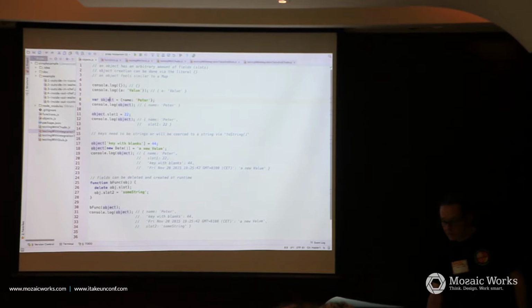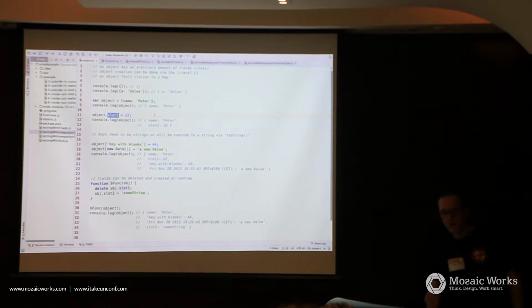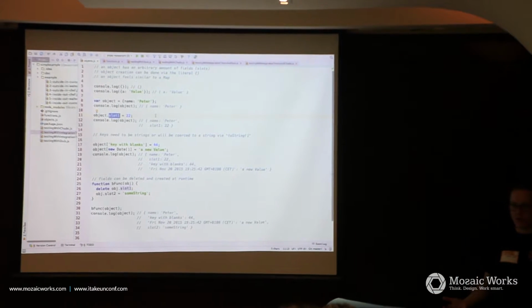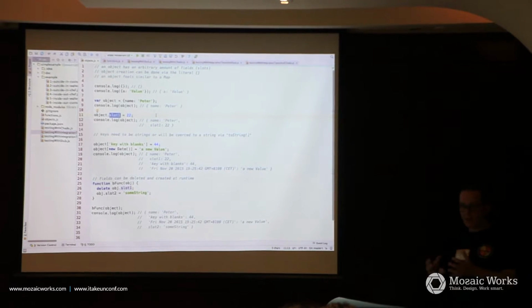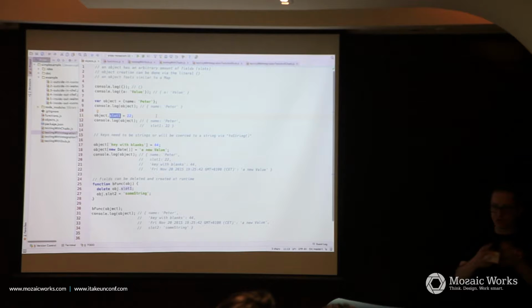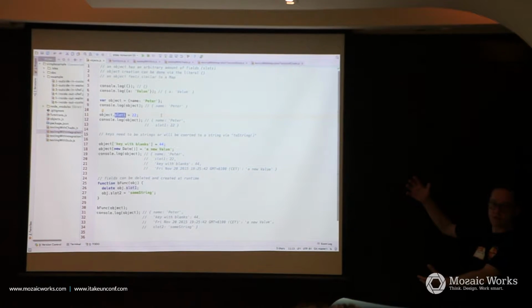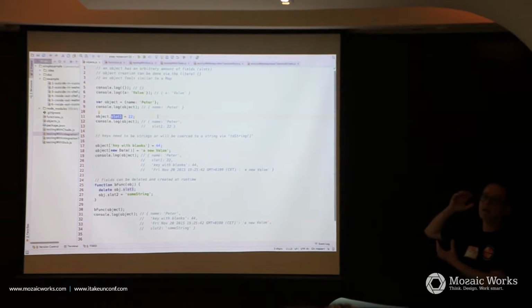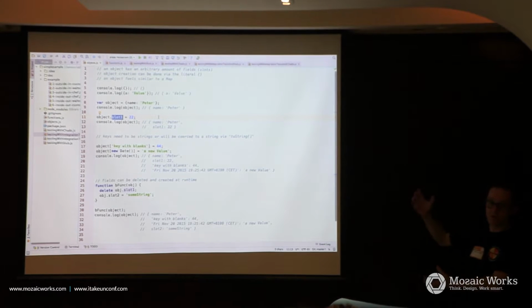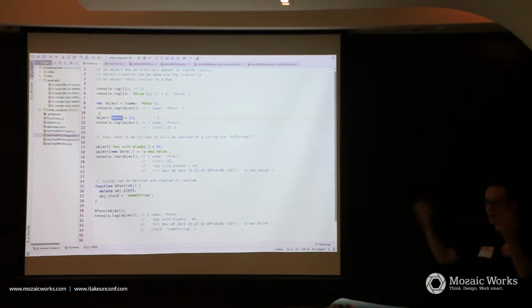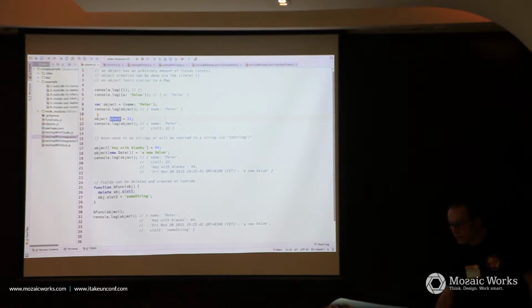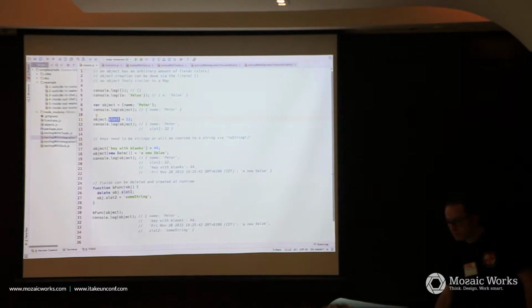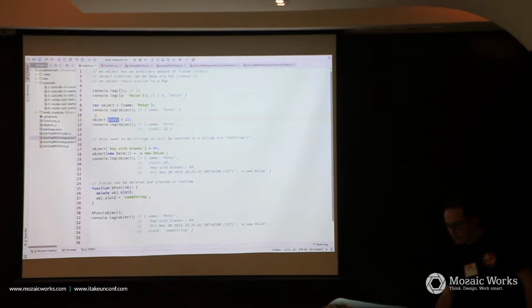And now we have this object, we can assign additional fields. How cool is that? In Java, we cannot do that. Once the class is defined, the class is defined. We cannot change the structure of the class because we have a class. Here we don't have a class. We just have a prototype. That's why JavaScript is called a prototype-based language. We just do it, and then we can change it. So we make a new field, slot 1, and then when we print it prints out 2 fields.